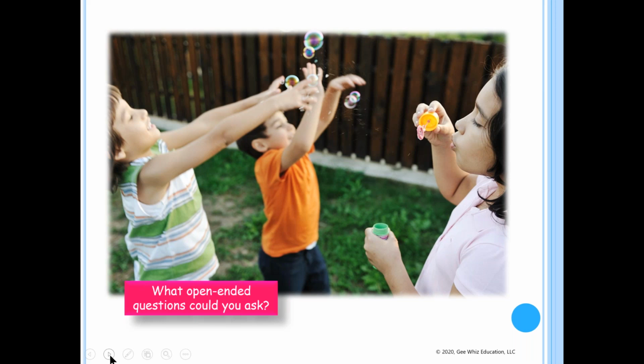How do the bubbles flow? I'm trying not to repeat because there's so many good questions. How high? Why is there a stream moving around the bubbles? Why did the bubbles change direction? How do you think the bubbles are round and why do the bubbles go up? Why are some bubbles small and some are big?